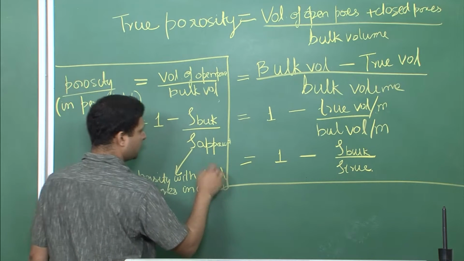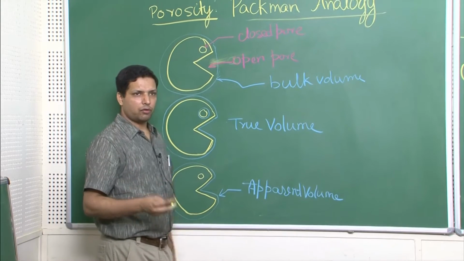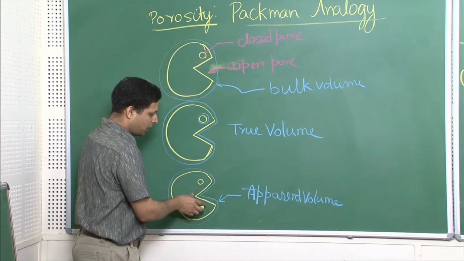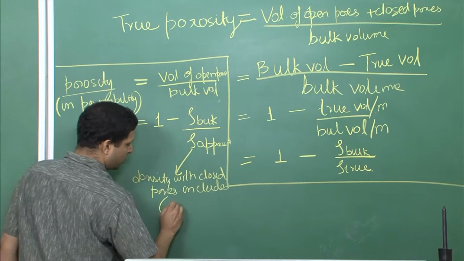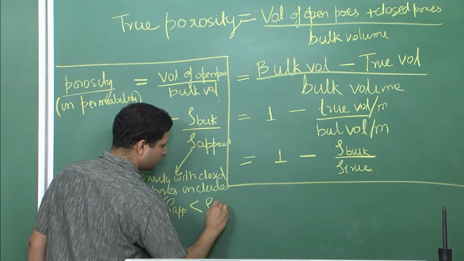Like I said, this is your apparent volume, so the volume is larger than it should be in the true volume, and therefore the density will come out smaller. So this rho apparent is actually smaller than rho true,